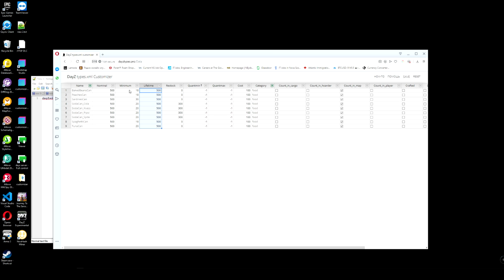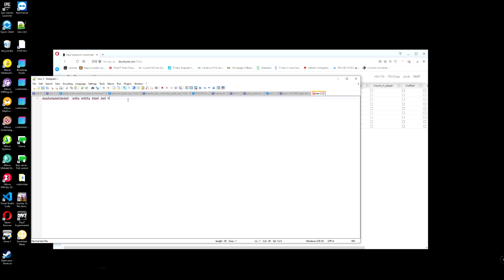Boom. Okay. So you can copy paste with ease. This one you can also copy. Ctrl C, go here, and these are your raw class names. For example, this is very useful for making your trader config files for the trader mod.